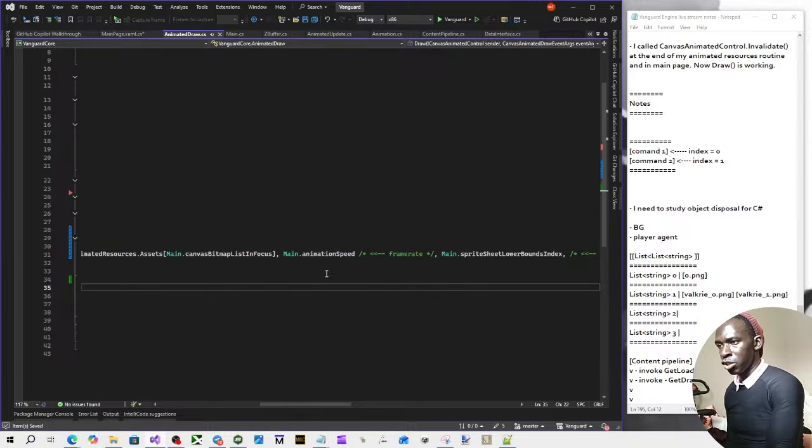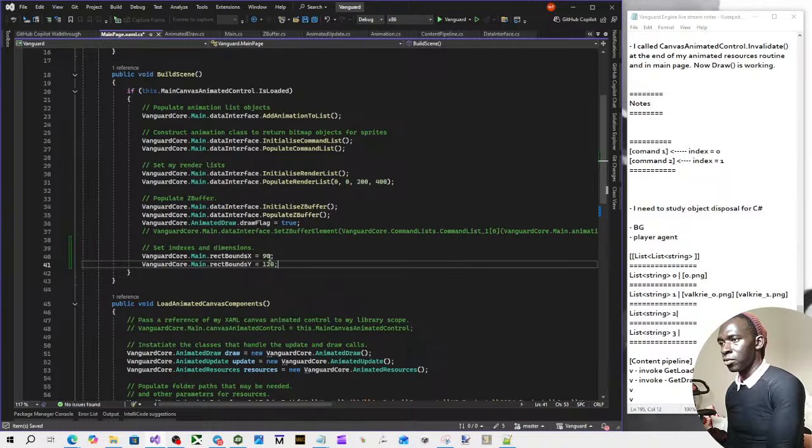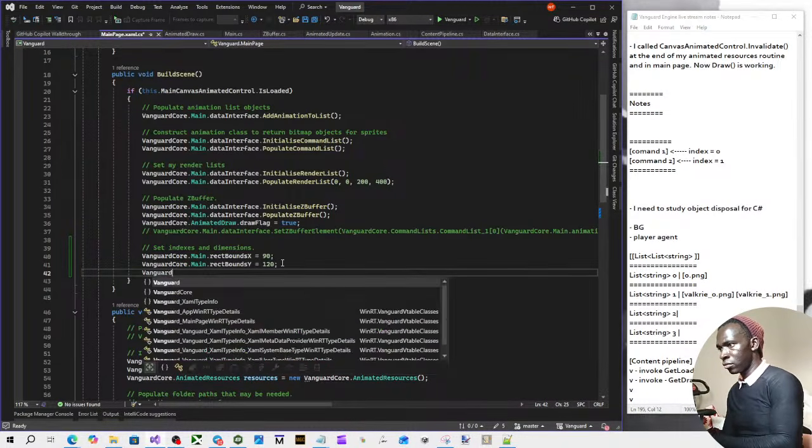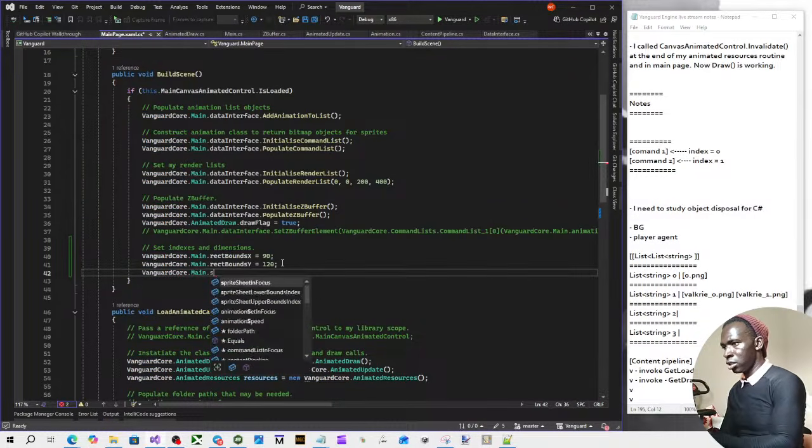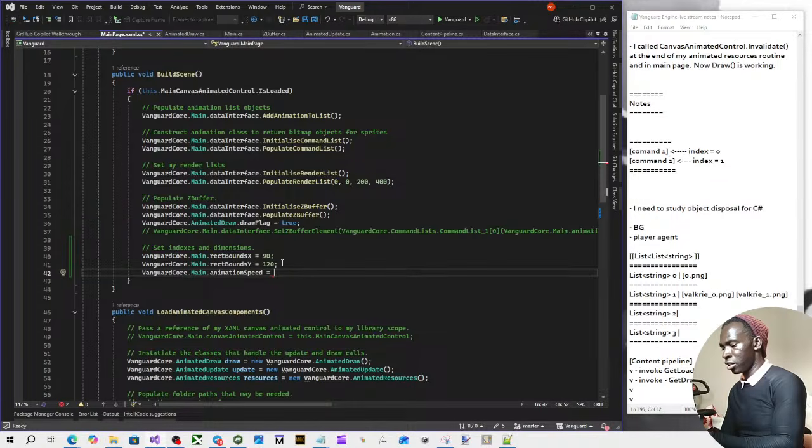Oh, I was going to slow down the animation speed. It's running at maximum or something. Animation speed. Let's slow her down. Let's make it like